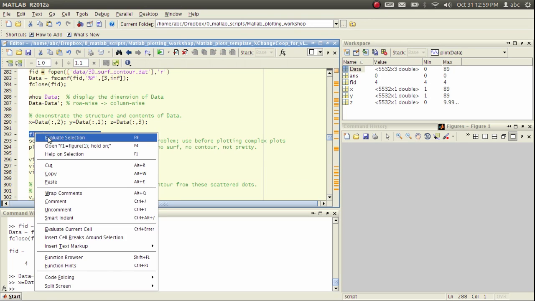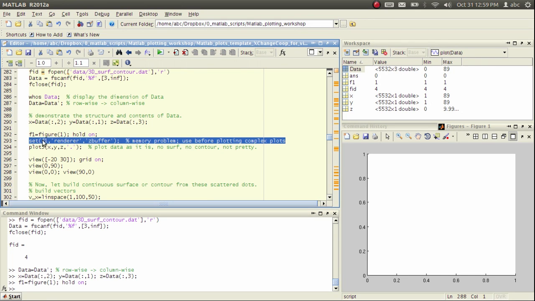Open a figure. Here, before we plot, I use a string command. I don't quite understand it, but I assume it uses more buffer in the memory to plot this figure, because the figure gets complicated and sometimes the memory will cause some problem. But I think it won't be a problem in more advanced computers or MATLAB versions. But for me, I got to include this one. You can test and see if you need it or not, but it has nothing to do with what the